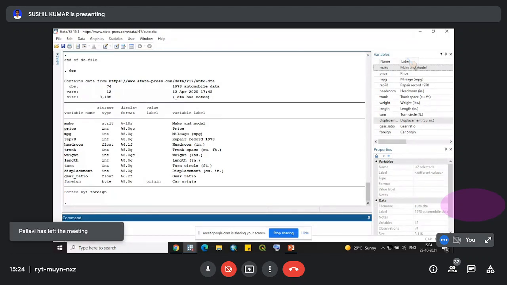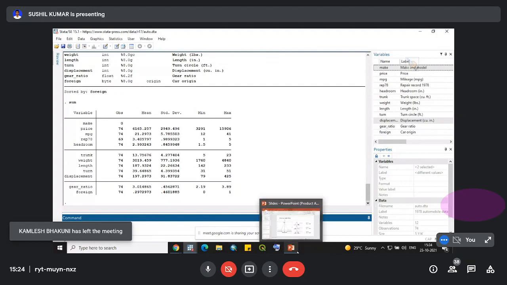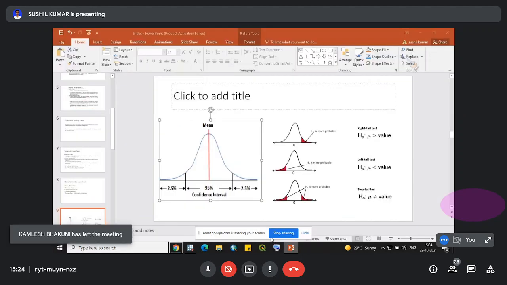Now we can first check the descriptive statistics of this data. We use the command sum. As soon as we type it, it gives us the number of observations, average or mean value, standard deviation, minima and maxima. After that, I want to check the one-sample t-test for this data set.